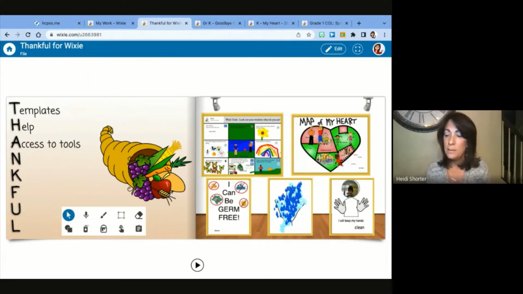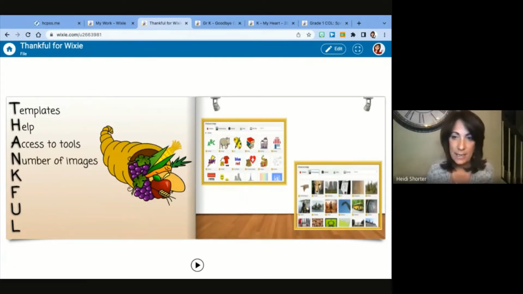So next is N, and I think Tiffany just put that in the chat, but the number of images that are available to students and to teachers that are in the Wixie library under the image category and also under the picture category. There are so many and so many categories to choose from.